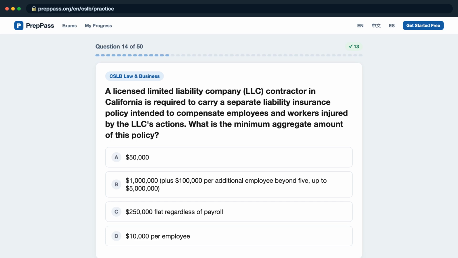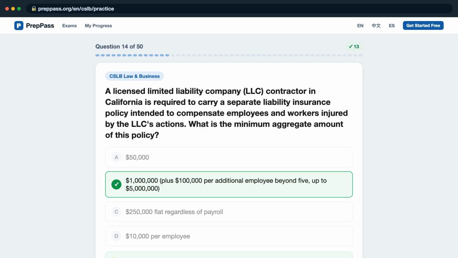Is it a $50,000? B. $1 million, plus $100,000 per additional employee beyond 5, up to $5 million? C. $250,000 flat regardless of payroll? D. $10,000 per employee? The correct answer is B. Under BNP Section